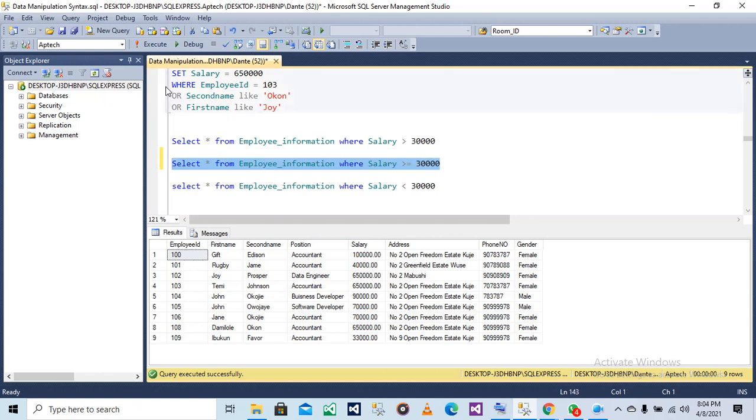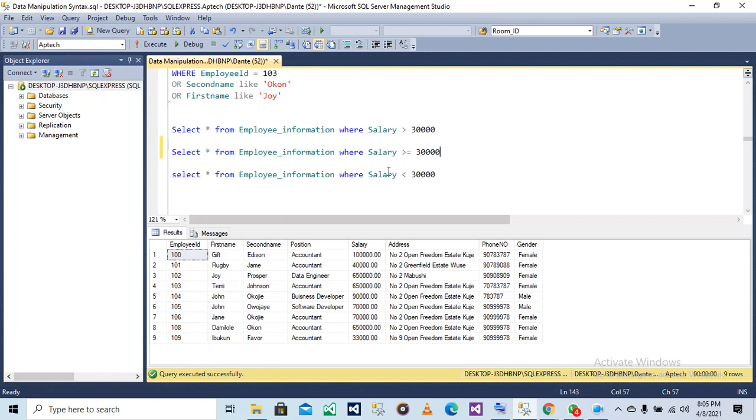So if I wrote this, it's almost the same thing as greater than, but this is going to start from 3,000. It's better to use this when you're trying to get salaries that are greater than or equal to 3,000. So it's going to start counting from 3,000. It's just to be more specific about the limit of your record. You want the limit to be 3,000.